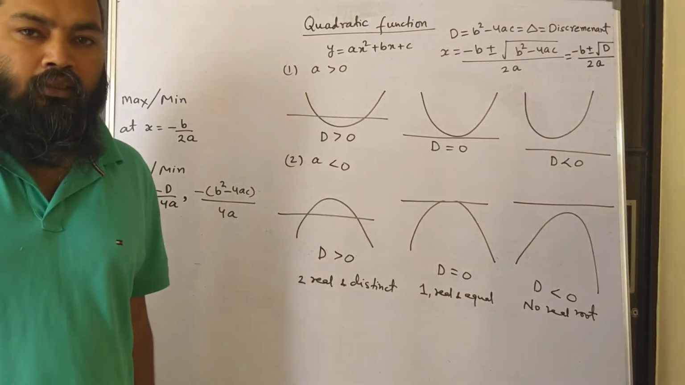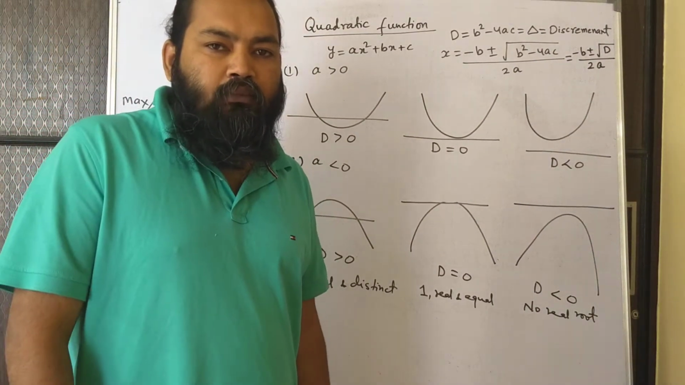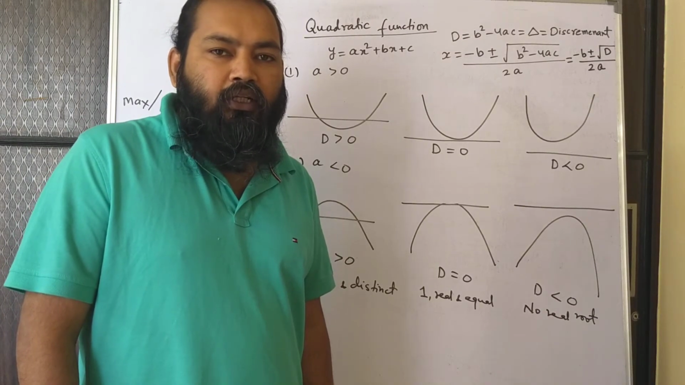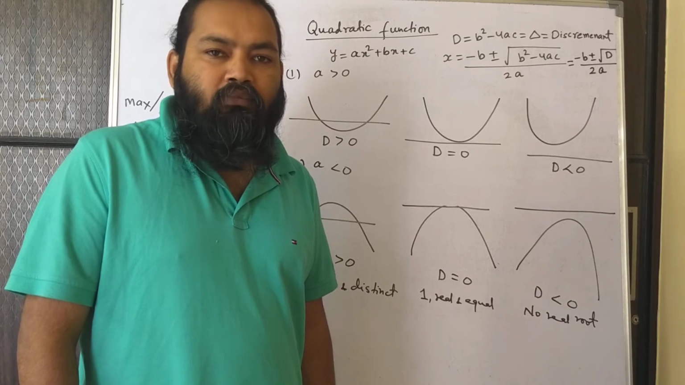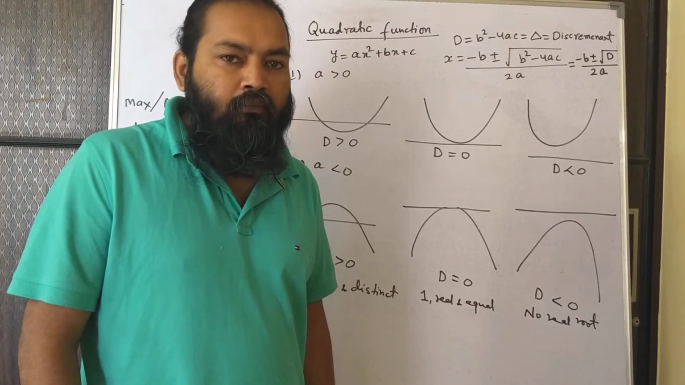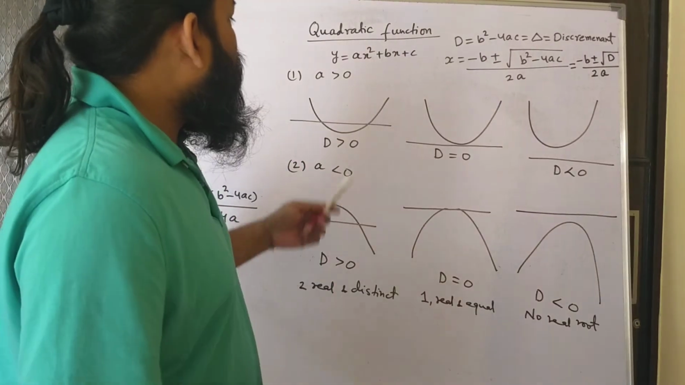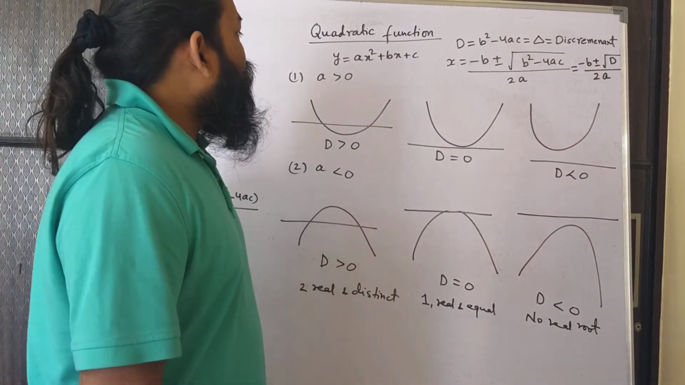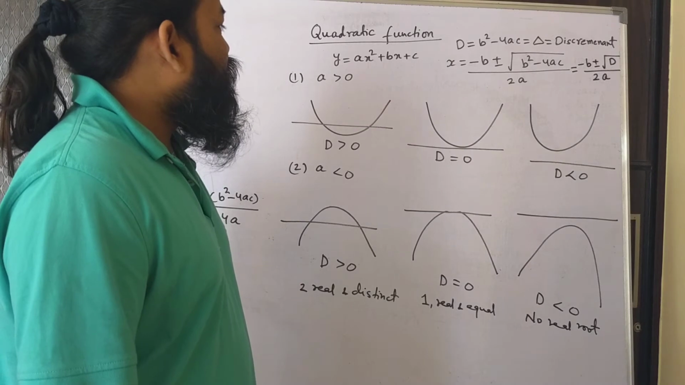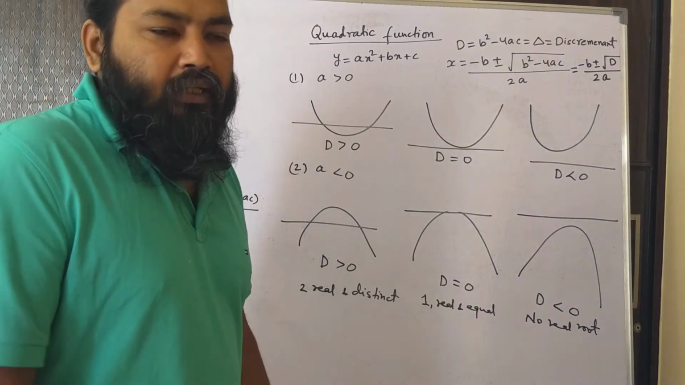Welcome friends. This video is about the quadratic function, the graph of the quadratic function, and maxima and minima of a quadratic function. So let us begin with the standard form of a quadratic function, which is ax square plus bx plus c. Why is it called quadratic? Because